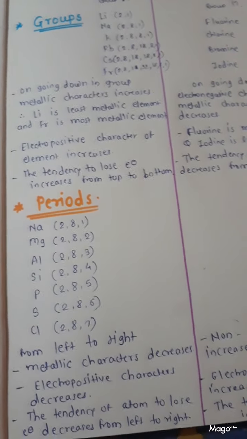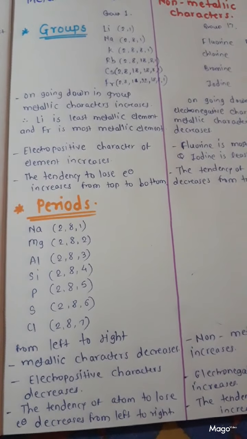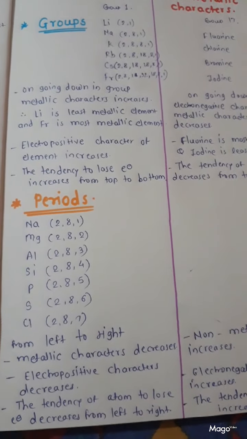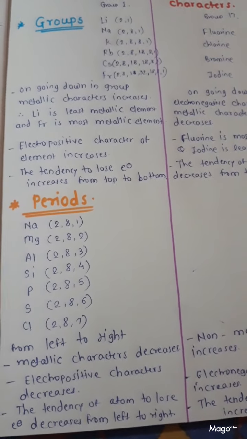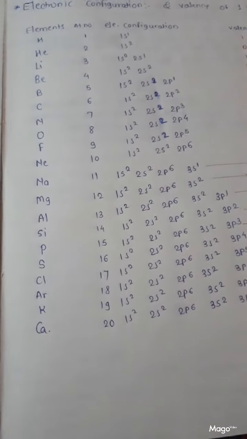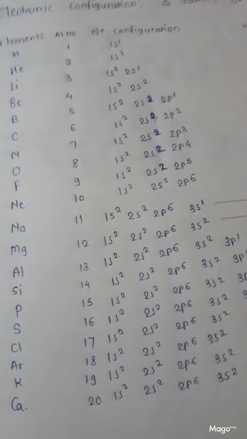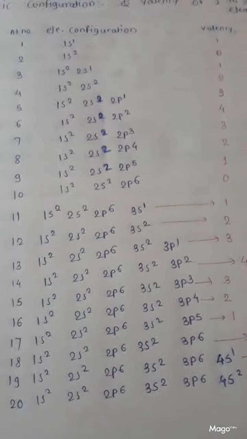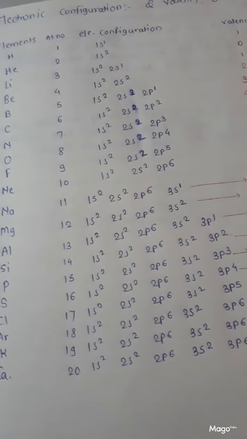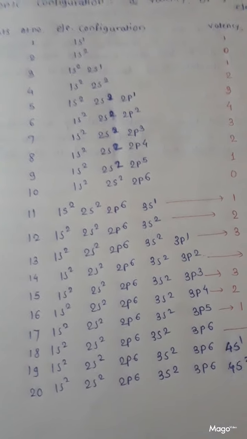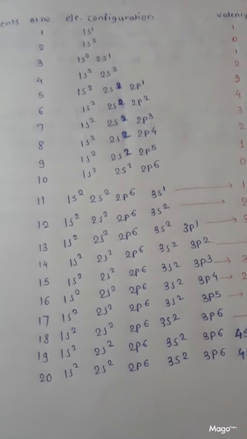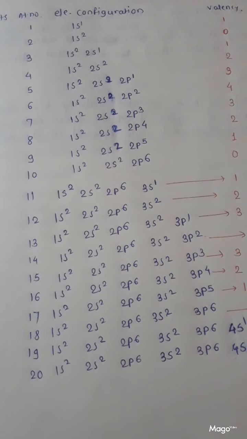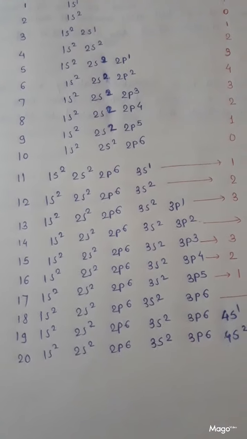So students, I have also sent you one more video related to electronic configuration, how to write the electronic configuration of an element. Just now I sent you that video also, so you can see here how we can find out valency by writing this electronic configuration. So the valency of hydrogen is 1, valency of helium is 0, because helium, neon, argon, krypton, xenon are inert gases. Then lithium is 1, then beryllium is 2, then 3, 4, 3, 2, 1, 0. It just increases and decreases in this particular manner.